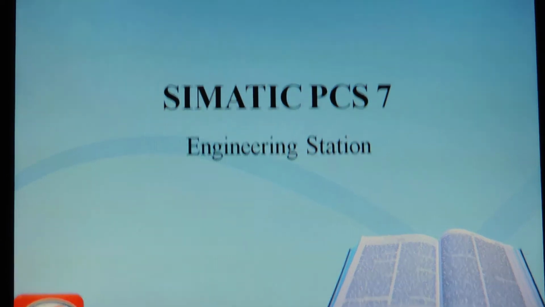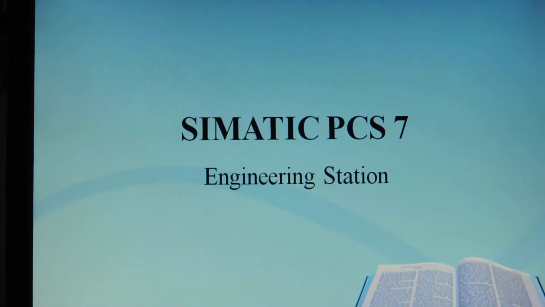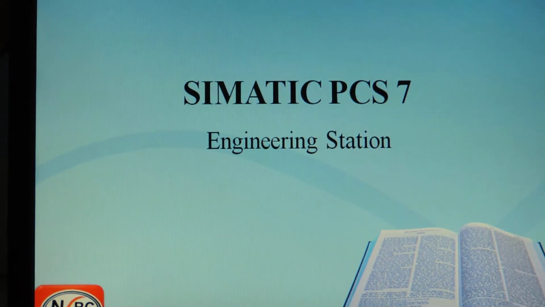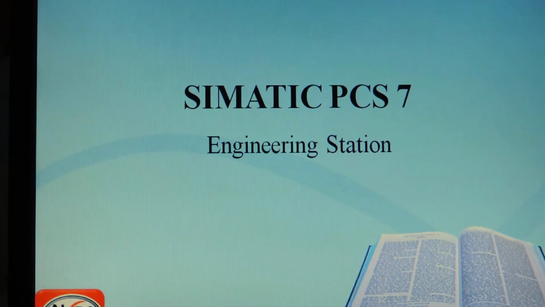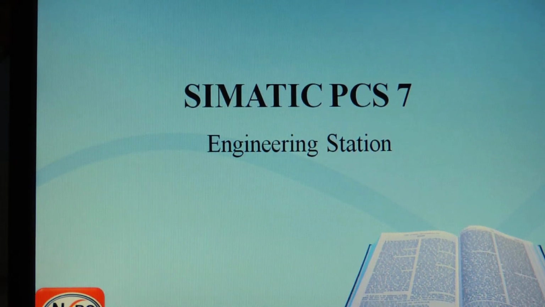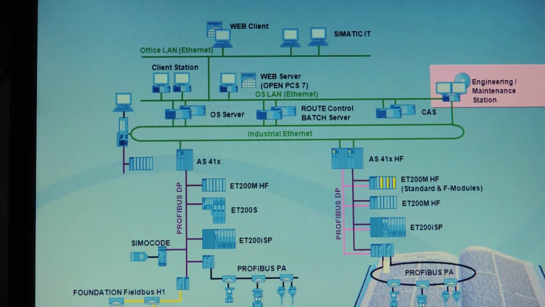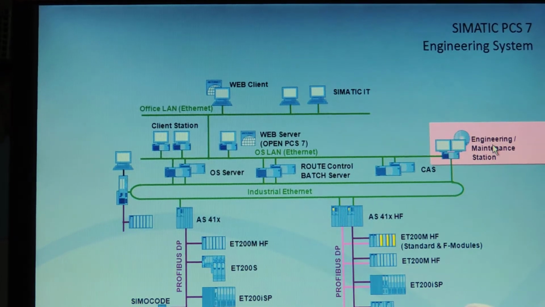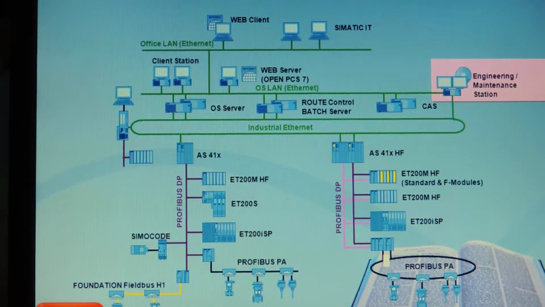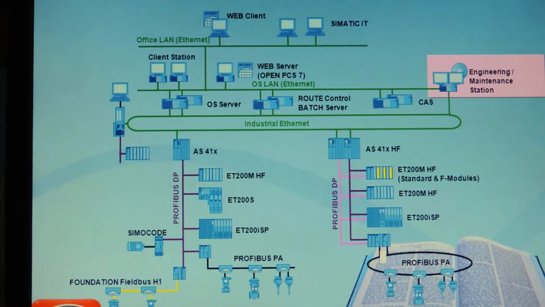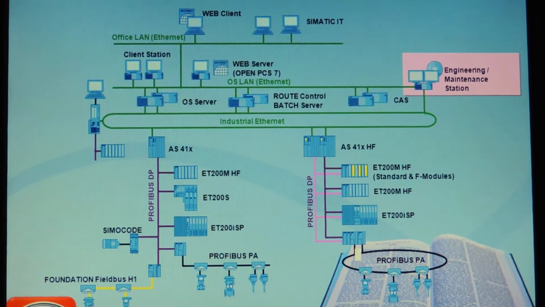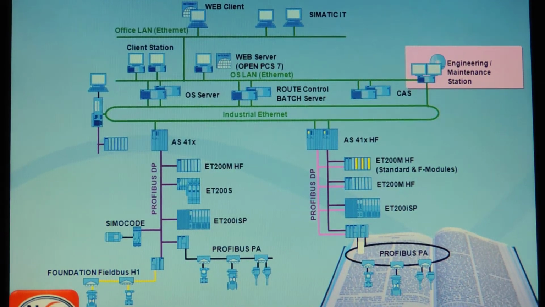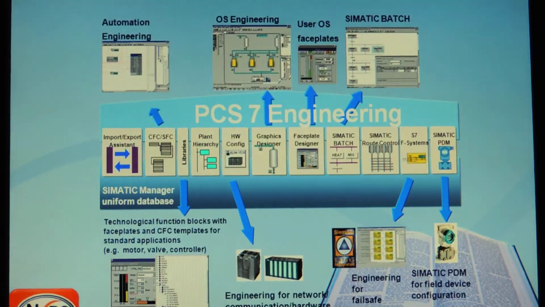Now, in DCS, especially in SIMATIC Manager PCS7, PCS is nothing but Process Control System Series 7. We have three stations. First one is the engineering station. Now, what is the engineering station? This is an engineering station, and in this engineering station, we can do anything. The programs we want to implement, and faceplates and everything will be implemented in the engineering station. And from this engineering station, we are going to give to the remaining stations.